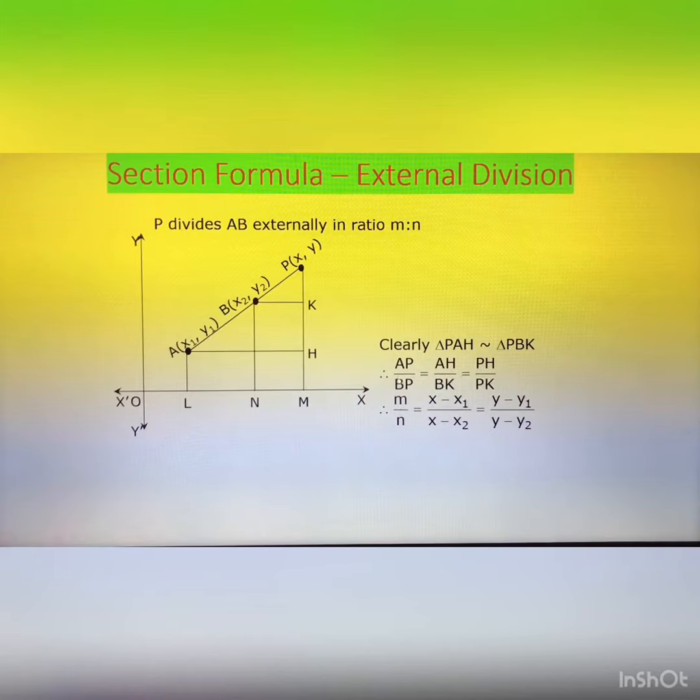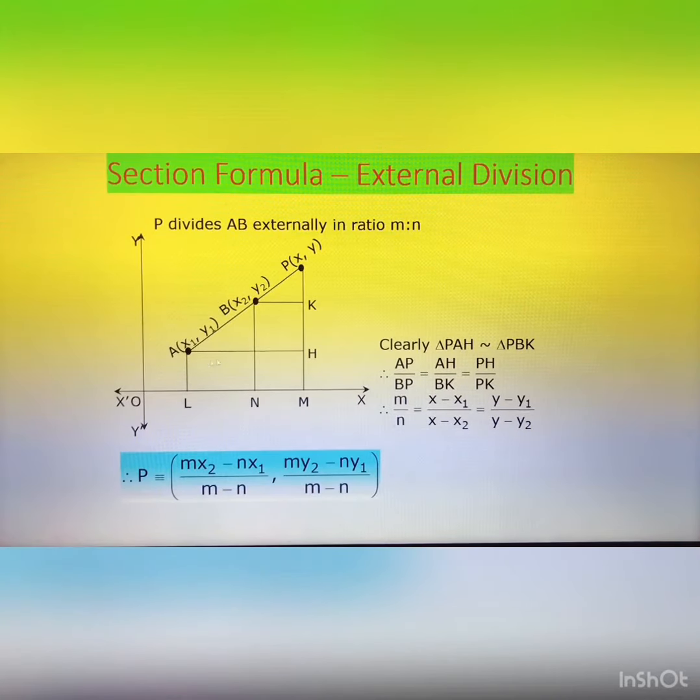So again, AP is m and BP is n. And this distance is x minus x1 and x minus x2, equal to y minus y1 and y minus y2. How can you say this is x minus x1? Let this whole be x and this one distance is only x, so the remaining is x minus x1. Similarly, this is y minus y1. After that, on simplifying this, we will get the coordinates of point P,